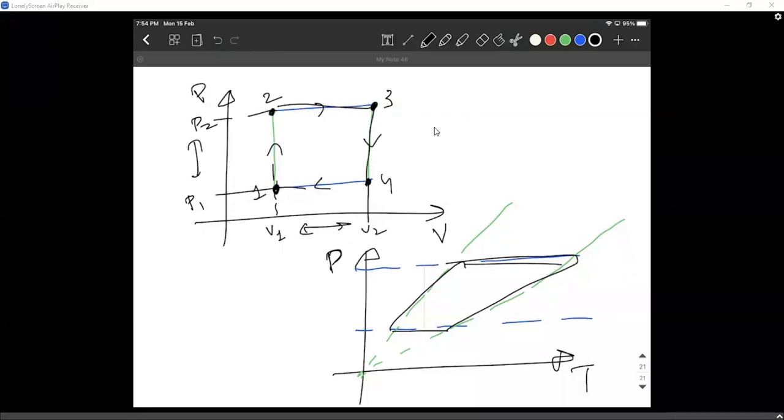If you have any doubt regarding this part of the class, please let me know. Please raise your hand and let me know. If not, we can go further and do other problems.